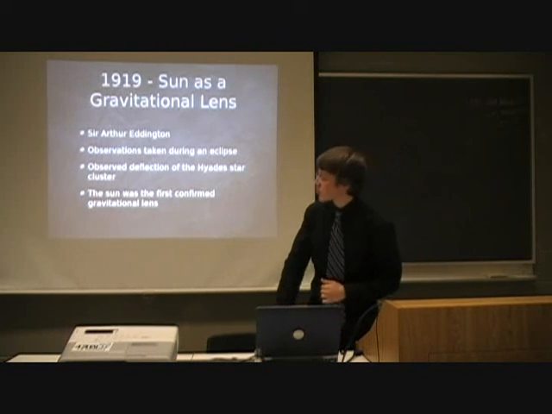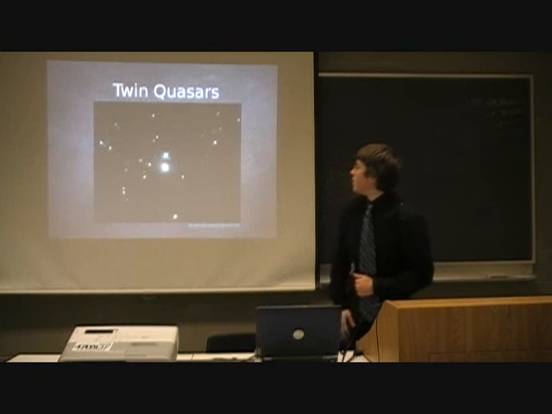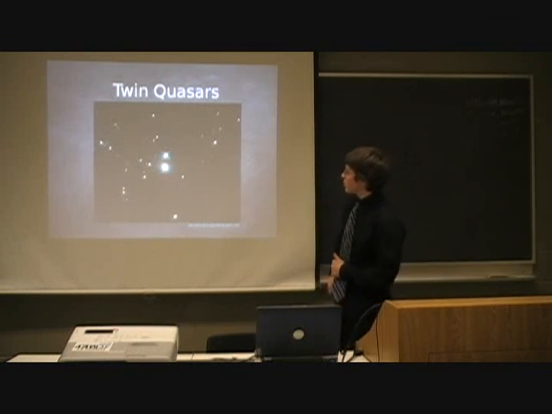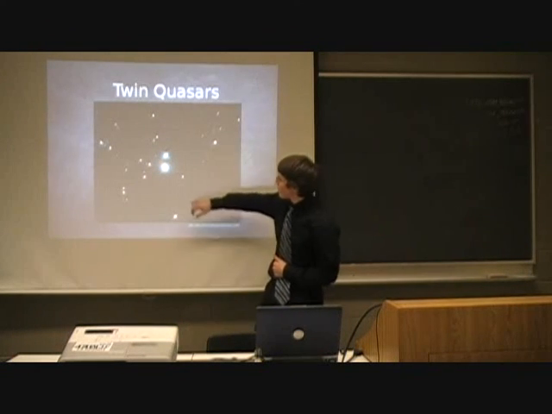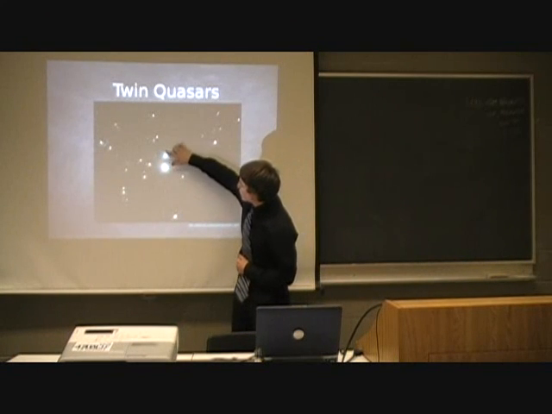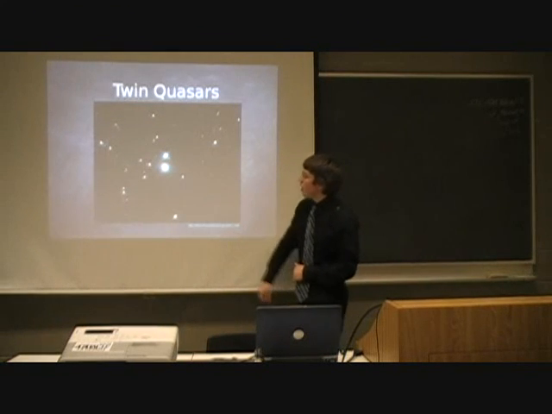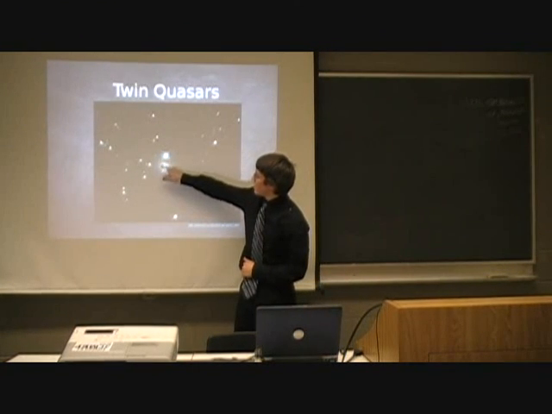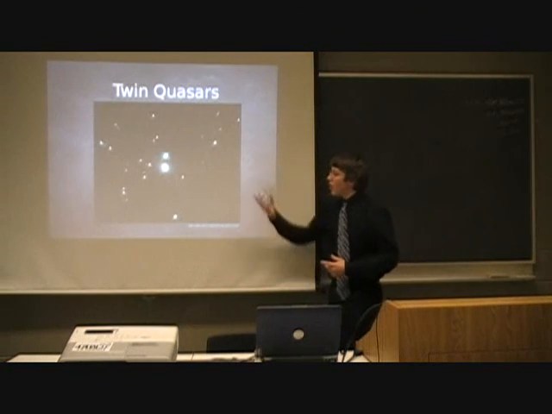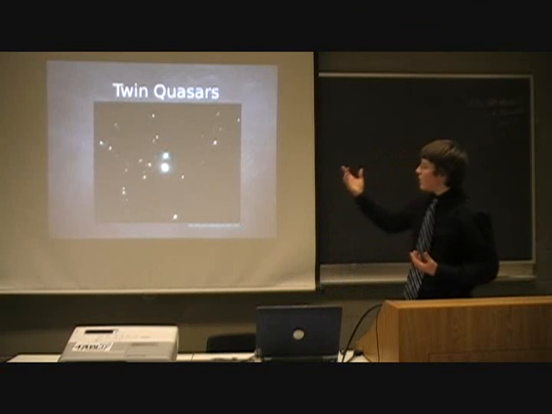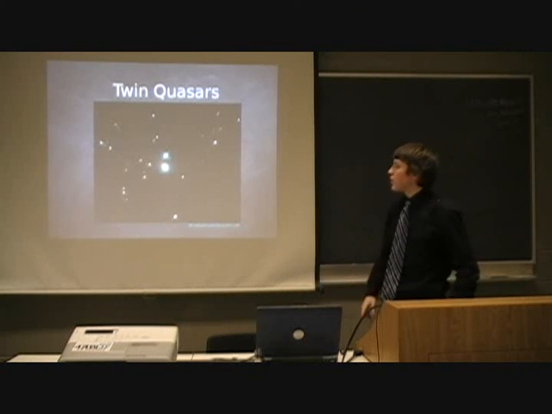So now to the pretty pictures. What you see here is one quasar, and these are the things that have the shiny beams off them. Those are the quasars. And then you see here there's another circle. That circle in the middle is a galaxy. And the two images of the quasar are actually